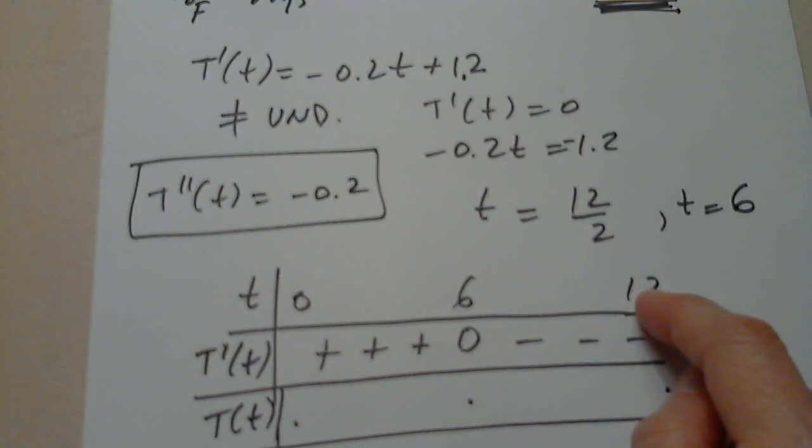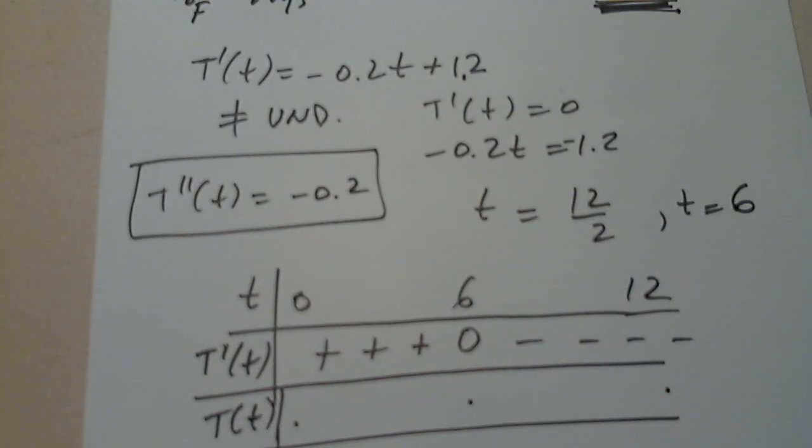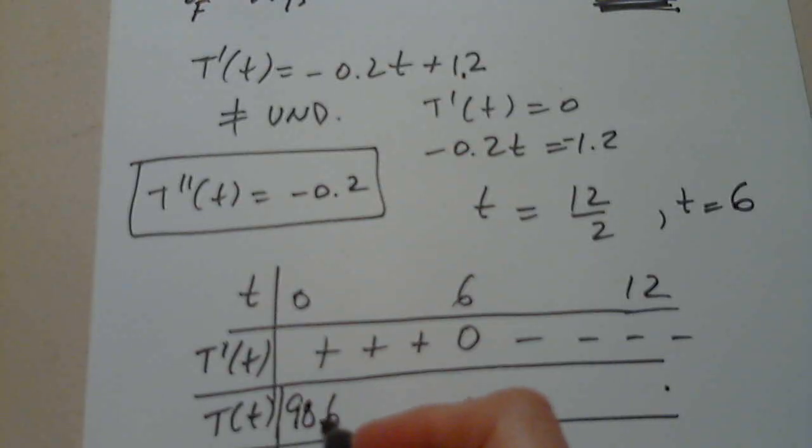So I'm going to share my screen and go to y equals, clear whatever you have. Put in this function, negative 0.01 t squared, and then plus 1.2 t, and then plus 98.6. And now I just need 3 values. I want 0, and of course that would be 98.6. I want 6,